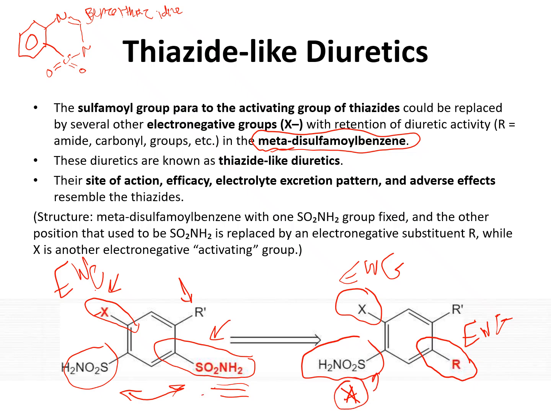بس السلفامويل الثانية اللي كانت موجودة para to this X has been replaced with other various electron withdrawing groups, and it was found that just one sulfamoyl is necessary for the activity, while the other sulfamoyl basically existed for its electronegative properties، يعني موجود فقط ليكون electron withdrawing, and you can replace it with other kinds of electron withdrawing groups in the structure. So the newer structure has only one sulfamoyl in the structure, as well as other electron withdrawing groups meta to it and ortho to it اللي هي الاكس محل الاكس والميتا محل السلفامويل.